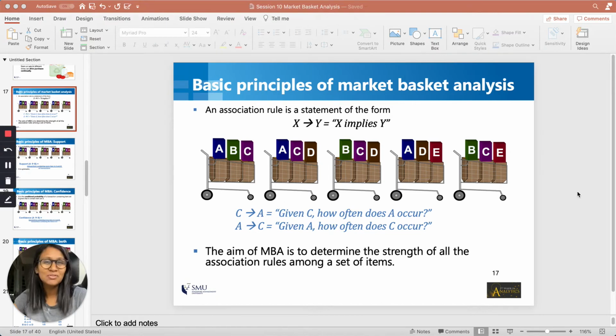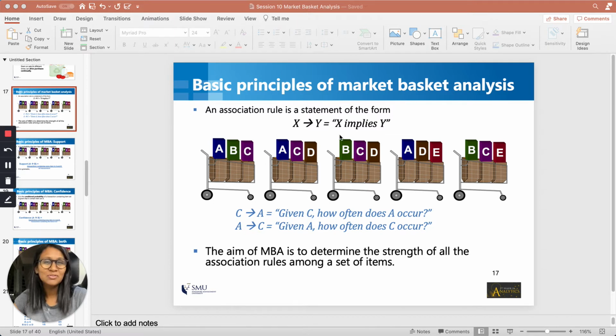In this video I want to talk about a few more examples of what we've discussed so far, and you will also get an opportunity to do the calculation and test your understanding of the concepts that I've been talking about. So essentially what we've discussed is that given a set of baskets, like in this example we have physical cards, and the alphabets represent the items that are being purchased as a part of those cards.